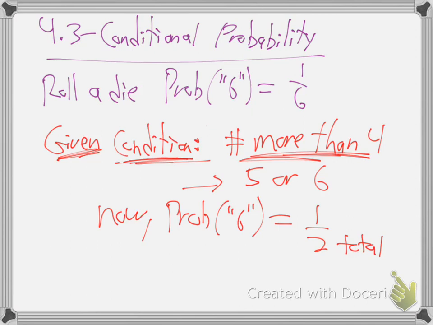That's what this section's all about. Do you realize that's kind of a funny thing? Stop and think, let that sink in for a minute. Therefore, probability is actually about knowledge. If I rolled the die and I got the 6, and I didn't tell you I got a number bigger than 4, then you would still think it's 1 out of 6. But if I say, hey, by the way, I got a number bigger than 4, then you go, oh, well now it's got to be a 5 or a 6, so now the probability is 1 out of 2 that it's a 6.